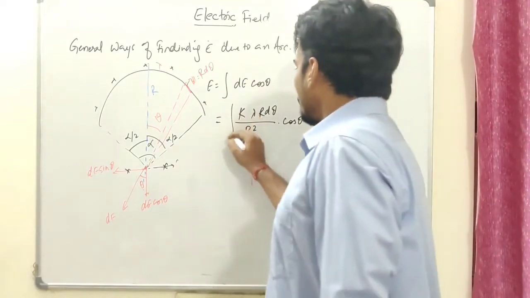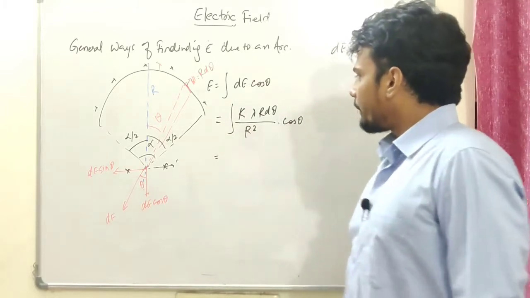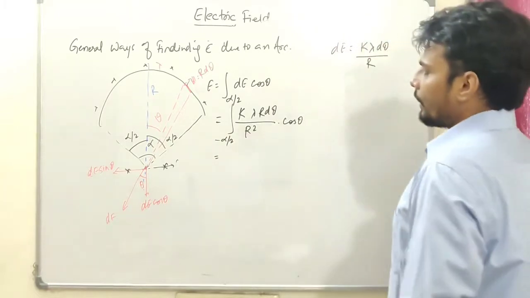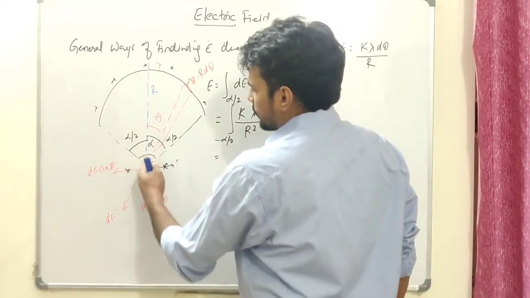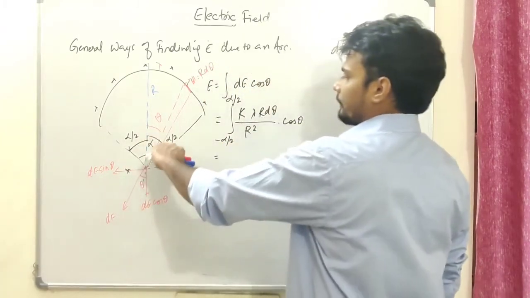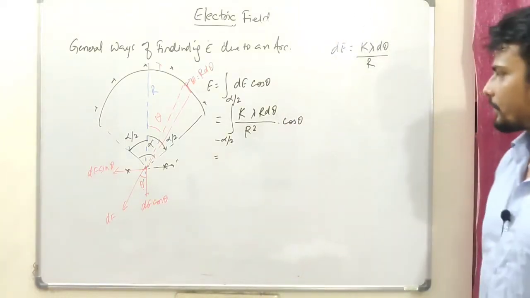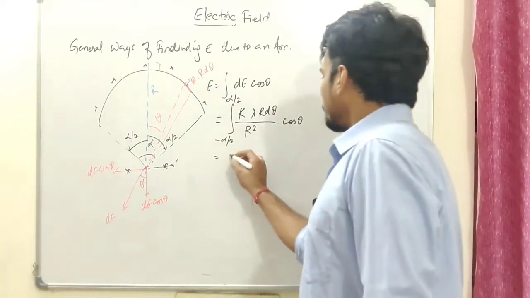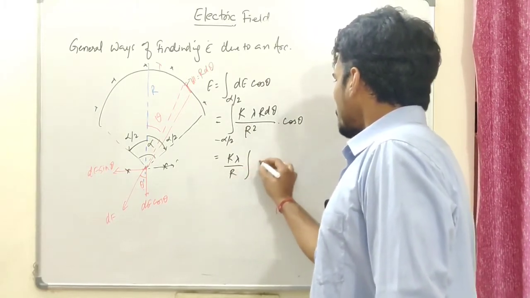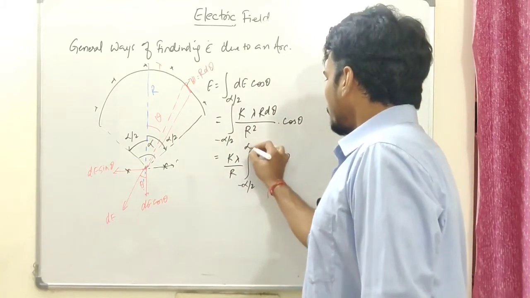Keeping these things in mind all the time, you can quickly understand this. Anyways, so let's keep the constants out and let's put the limits first. The limits should be negative alpha by 2 to alpha by 2. If I'm choosing the angle, it should be chosen from here. So this should be in this direction, this should be in this direction. You can choose this to be negative and this to be positive, because this is clockwise, this is anti-clockwise. So let's keep anti-clockwise as a positive value. Okay, now I'm going to have the constants out, k lambda over r, integration of cos theta d theta from negative alpha by 2 to alpha by 2.